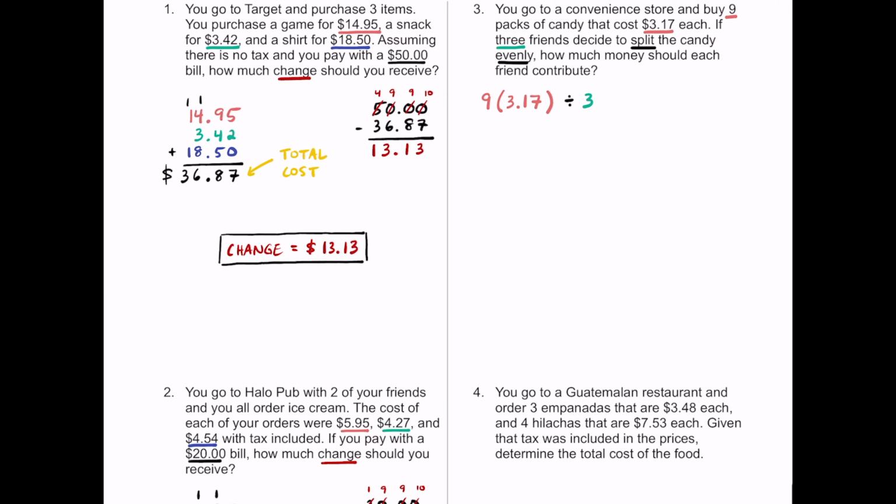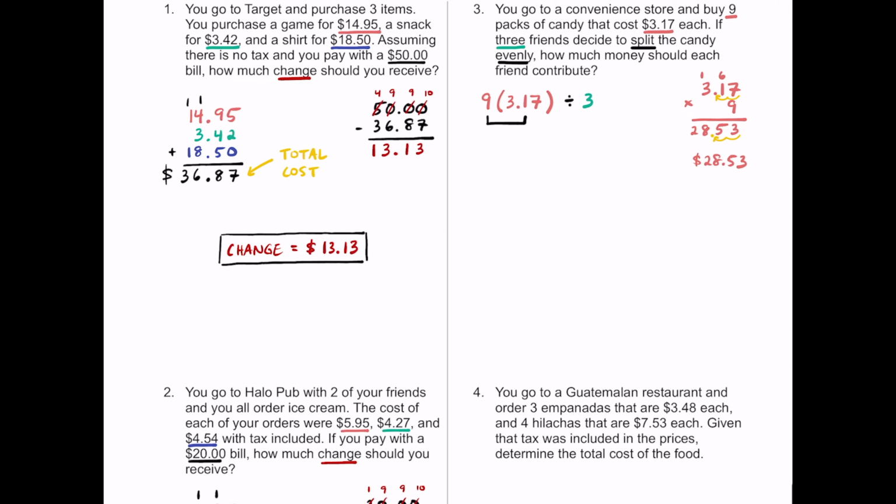So first, let's see if we can multiply this 9 times $3.17 to get the total cost. I'll do that on the side here. I'm going to do $3.17 multiplied by 9 to get the total cost of the candy. So we have 9 times 7, that's going to be 63, carry the 6. 9 times 1 is 9, plus 6 is going to be 15, carry the 1. 9 times 3 is 27, plus 1 is going to be 28. Now, if we have 2 decimal places for this factor, then that must mean we have 2 decimal places for our product here. So it looks like all the candy is going to be